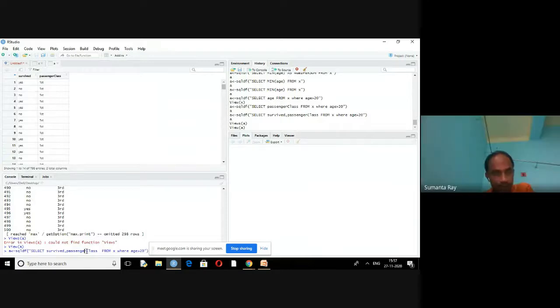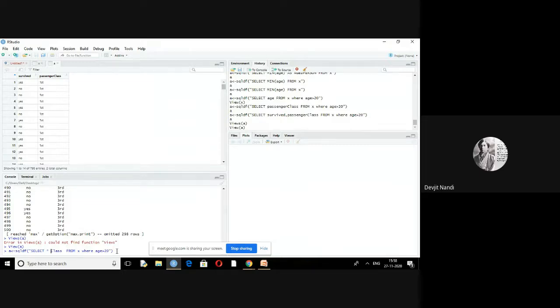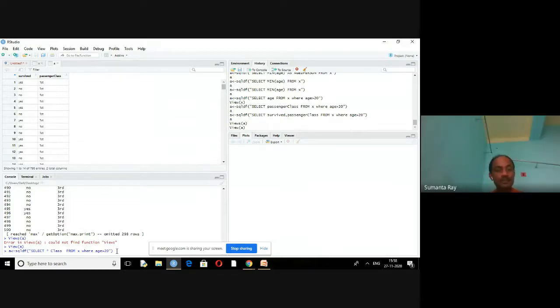Star means all, but here you add one condition, that is age greater than 20. So if the age is greater than 20, you are able to display all the details of all entities in a relation where the age is greater than 20. That means all the columns will be present, but only specific rows, specific tuples, will be present if you write this query.